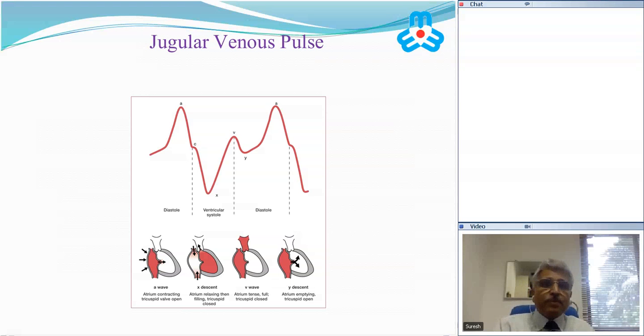Let's look at this picture. Here is the A wave. See the corresponding picture below as the atrium is contracting. So this is a pre-systolic wave. How do you say that it is pre-systolic? Put your finger on the opposite carotid and you realize that the wave that is coming is just before the